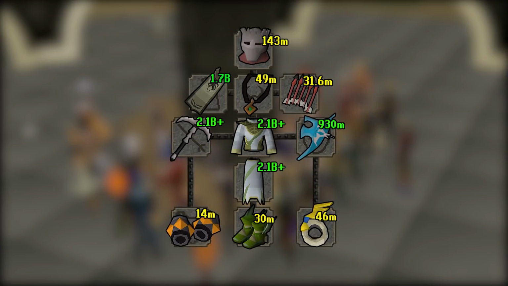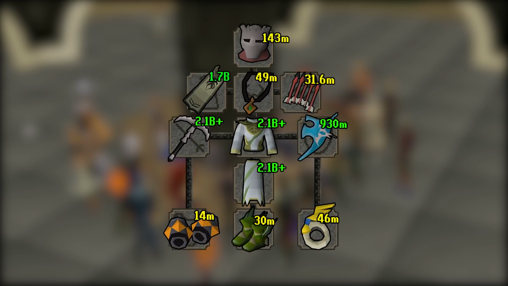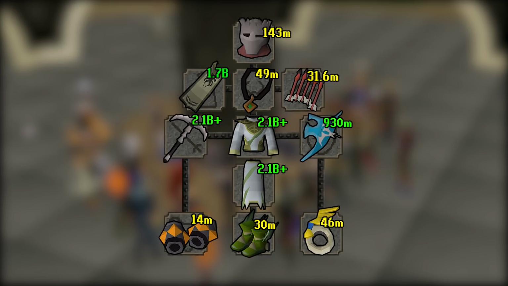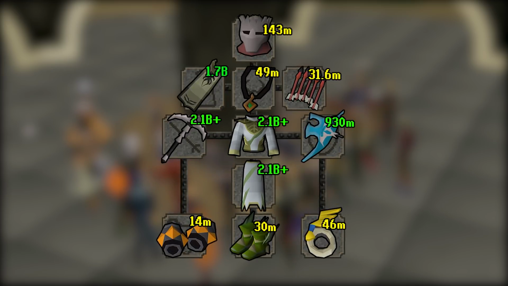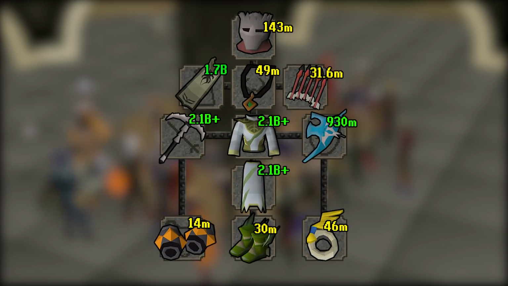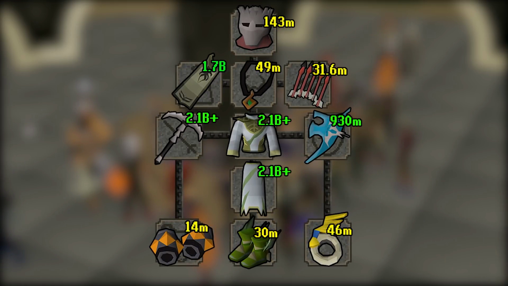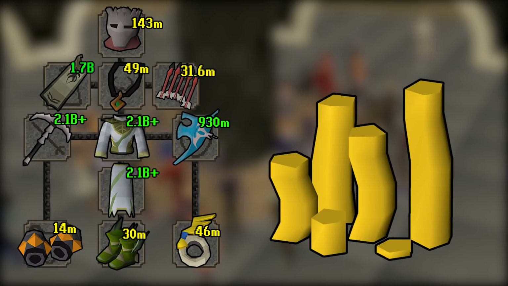Now that is going to add up to a ton of money because, for example, in our torso slot we need an item that's worth over 2.1 bill. In our weapon slot we need the 3rd age pickaxe, which is worth well over max cash. And thanks to a bunch of extremely rare pay-to-play items, I need to save up somewhere between 8 and 10